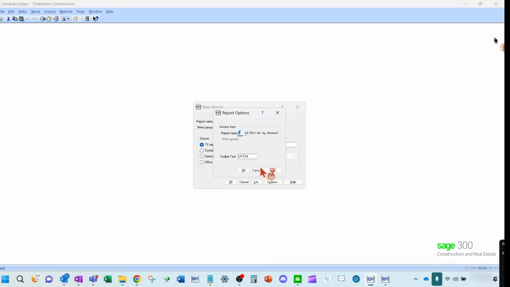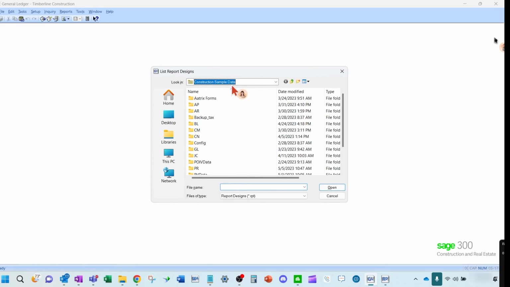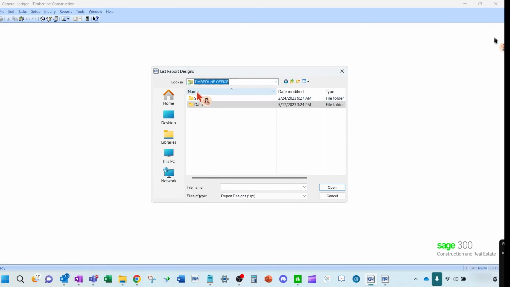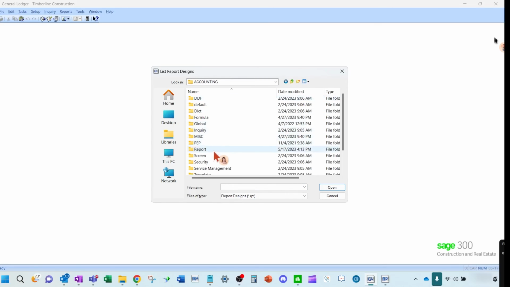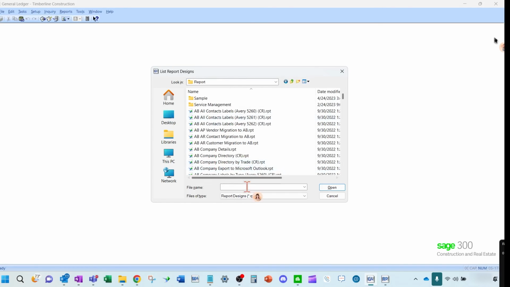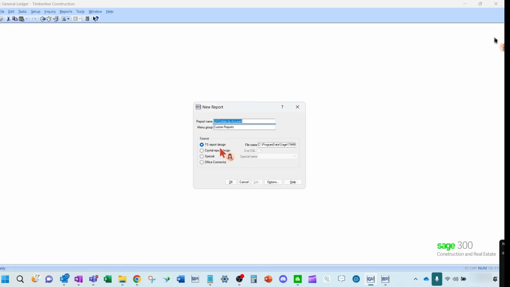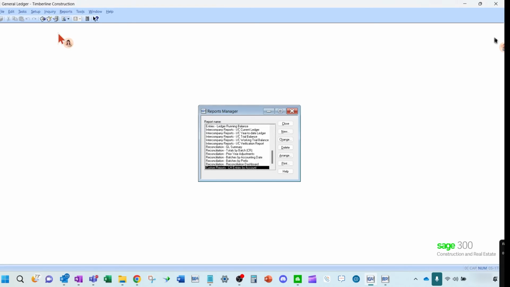So you can put it to an existing menu group, or you can just type in Custom Reports, and it'll create a new menu group for you. Now, in this case, you have to browse for it, because it doesn't have a name to go find. But if you get part of it, it works great. There it is, it already found it. That's nice. Hit OK to that. Close this. Give it a second, it takes a minute to go.